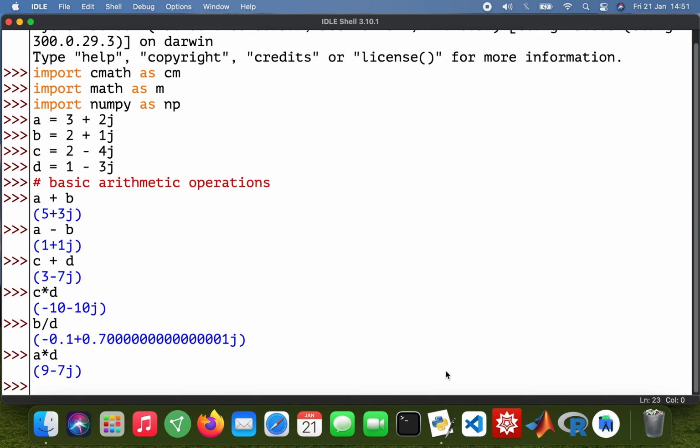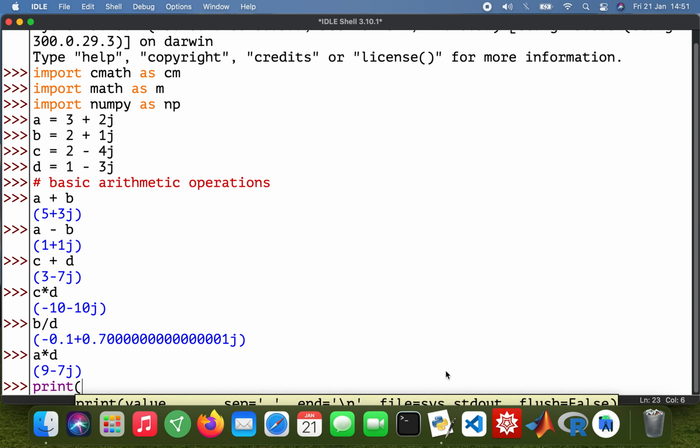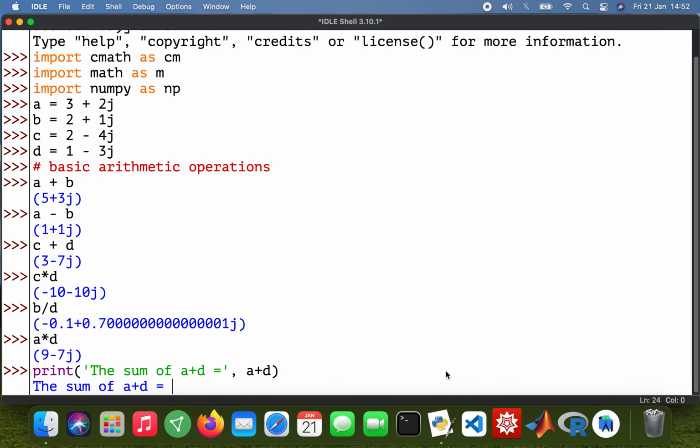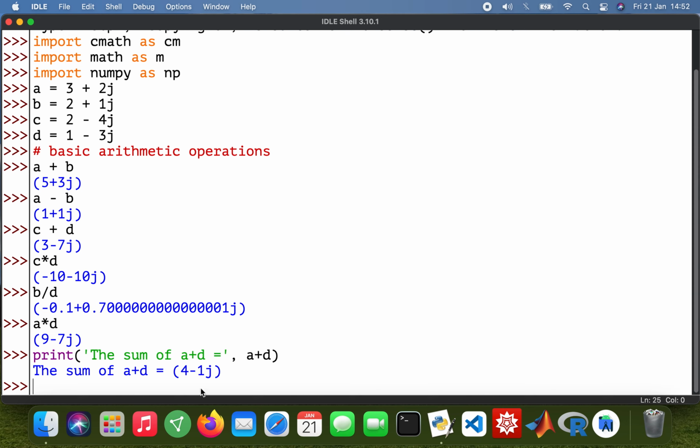So I can do it, I'll just do a sum. So I'll do it this way. So print. Yeah. So the sum of a plus d equals 4 minus j. Okay. Right. So now we're going to look at